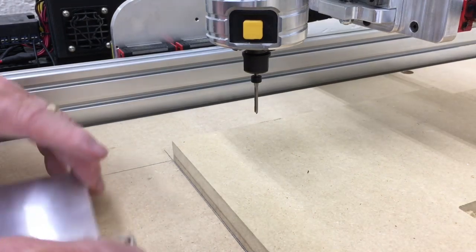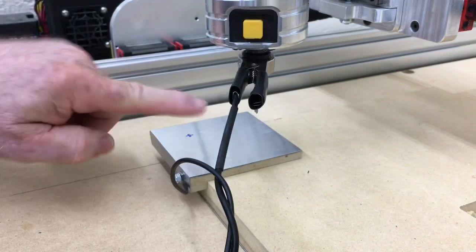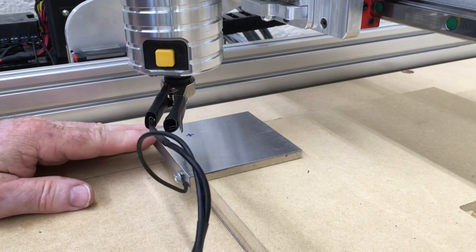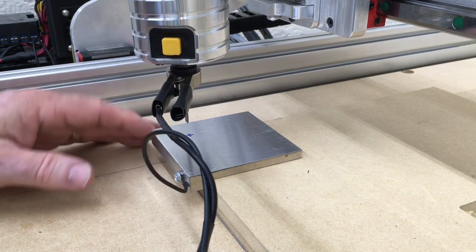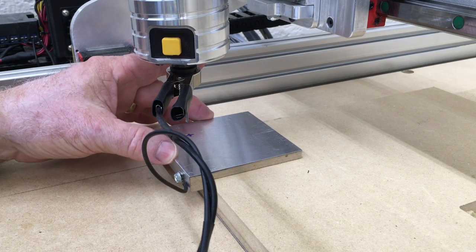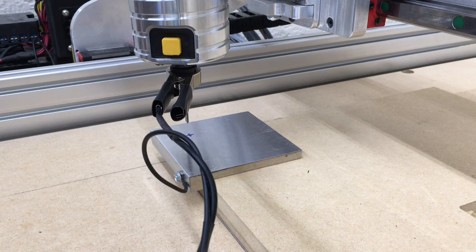Alright, I've got it all finished. I'm going to slide this right up here, put this over, then I want to move the bit over close to that. Now I literally wrote the G-code one axis at a time, tested it, and then continued on to the next axis and so on. The X that I have there is just a reference to have as a starting point, and it doesn't have to be exactly there. So the next thing I'm going to do